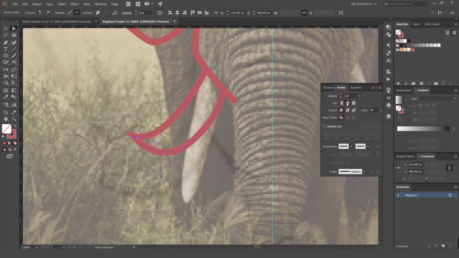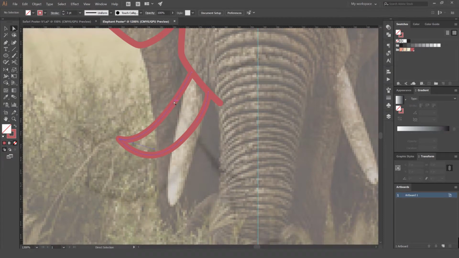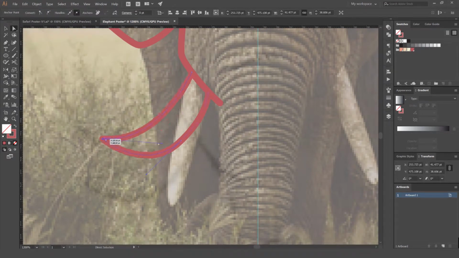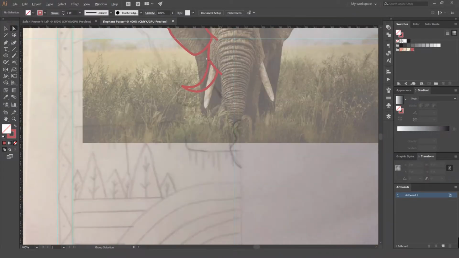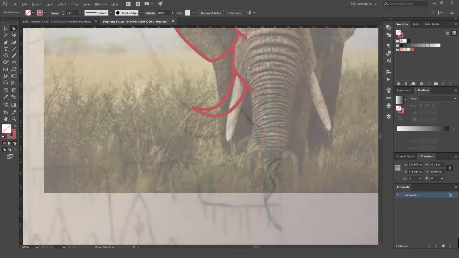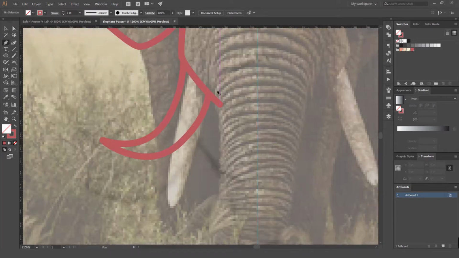You can see it's too pointy, so I can just round that cap off around the corner. And just tweak it. Awesome. So yeah, the tusk there, and now we've just got to finish